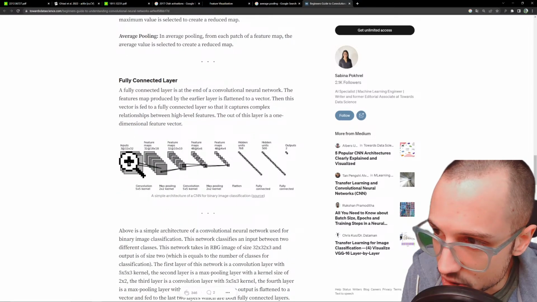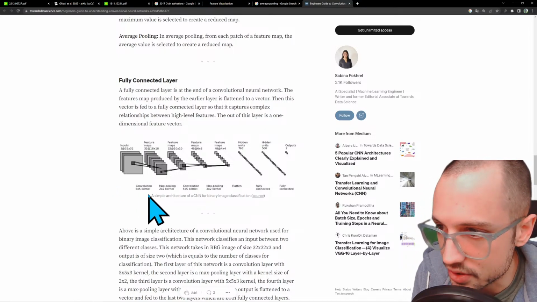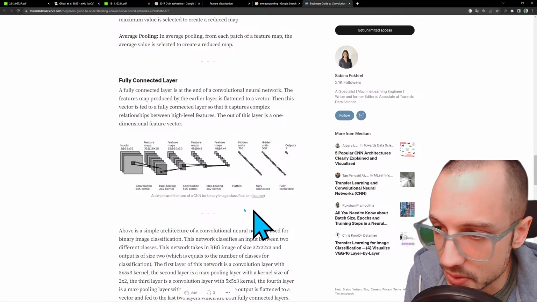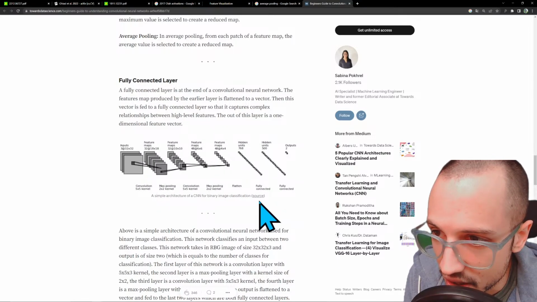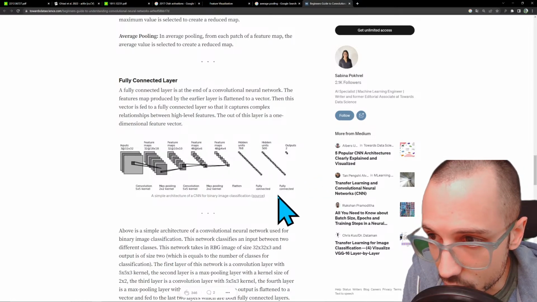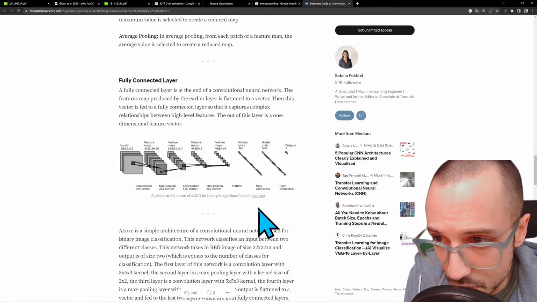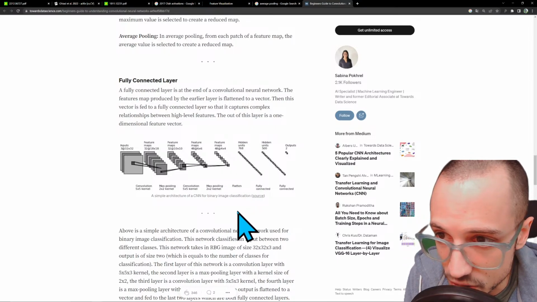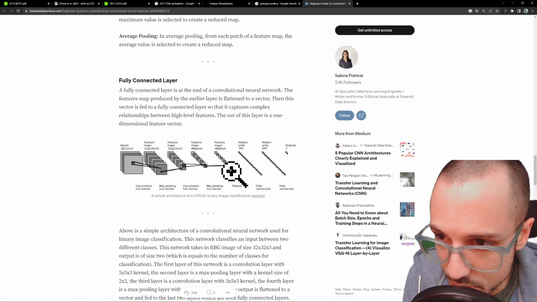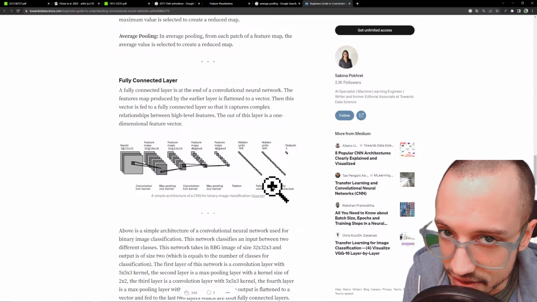You have your image, and you're convolving these kernels across your image, and then you create these feature maps, and then you basically keep doing the same thing over and over again, and you end up with more and more channels and smaller and smaller width and height dimensions until you basically have this big stack of feature maps. And at some point, you're going to want to take this big stack of feature maps and turn it into a fully connected